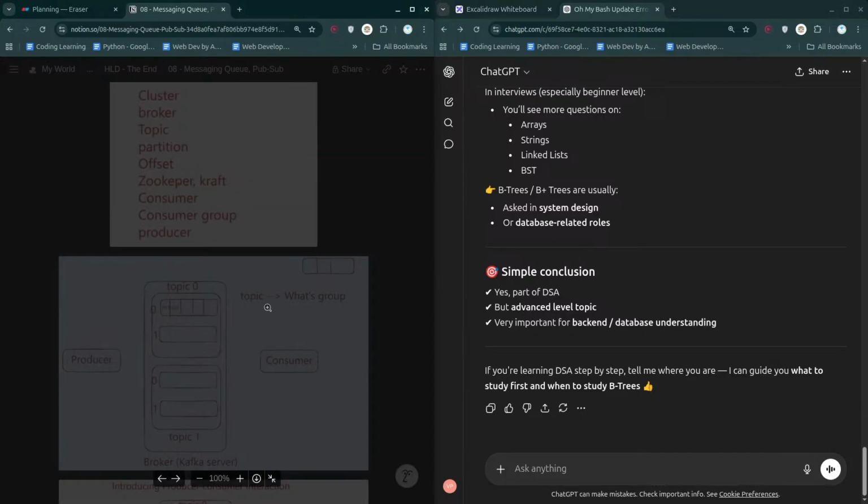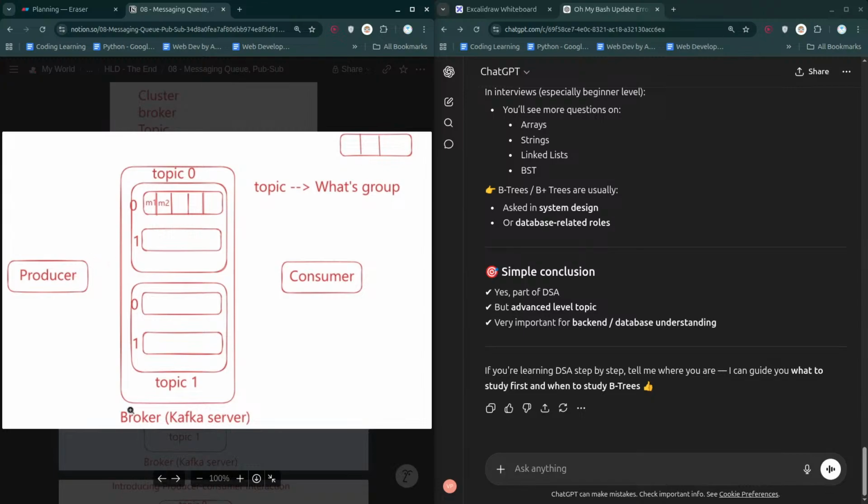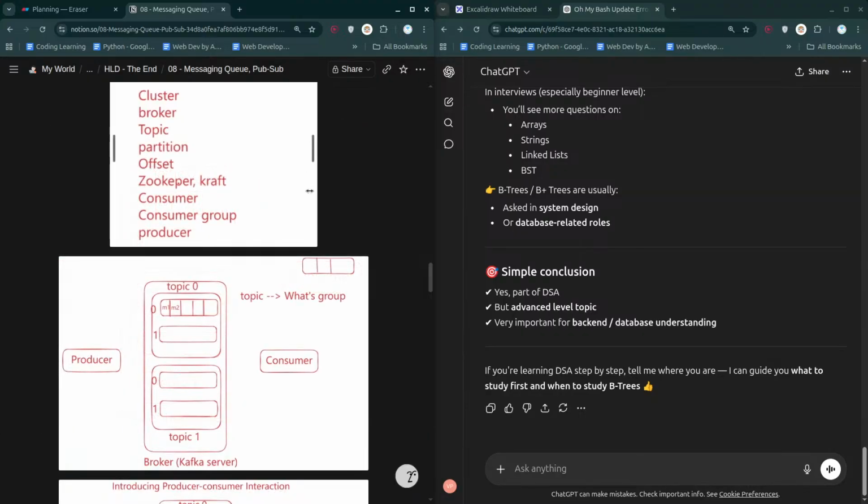So let's go through this diagram as well. We have a producer, and we have a broker. The broker contains everything, so it is sort of the Kafka server, the environment that runs everything. There are different topics related to different services, and those topics have different partitions. This is partition first, this is partition second, and those partitions have different offsets: offset 0, offset 1, offset 2. Similarly there can be multiple topics, partitions and offsets, and there are consumers. Ultimately a consumer connects to specific partitions and starts serving, as simple as that.